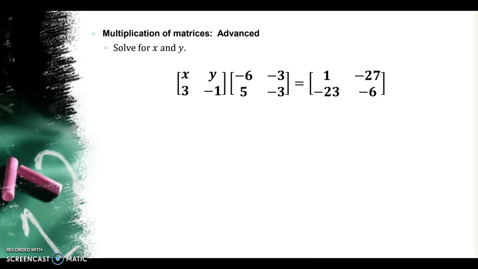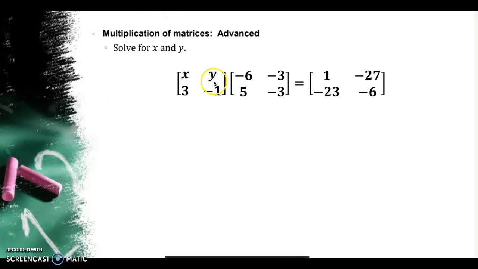Hey everybody, in this video we're going to talk about multiplication of matrices, advanced topics. Here we're told to solve for x and y, but we have two matrices multiplied by each other, and those equal another matrix. This is where chapters 5 and 6 start to collide, and I think it's pretty fun because